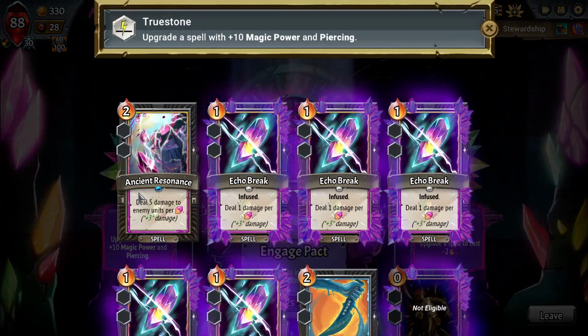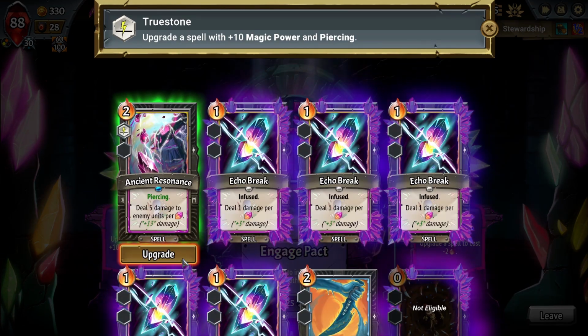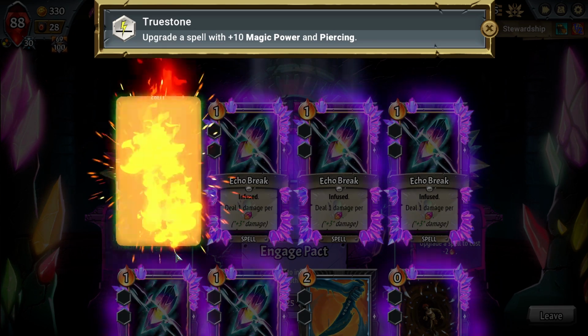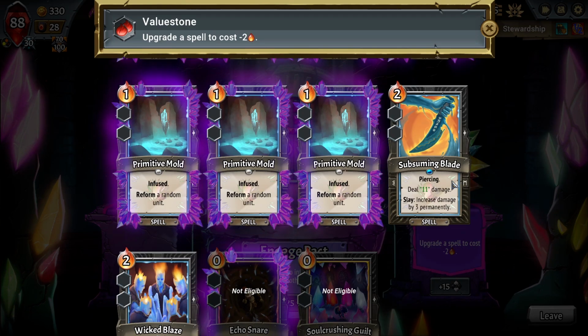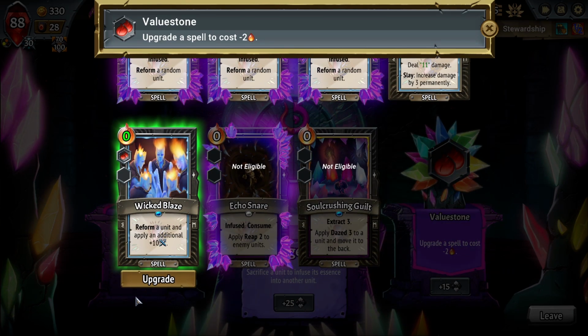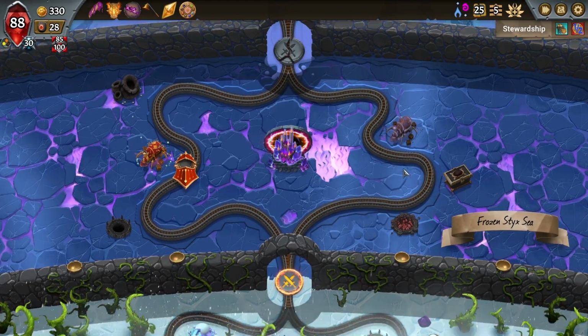+10 magic power and piercing. I gotta admit, Ancient Resonance seems good. We do need to take some more Pact Shards, so I don't mind this at all. We could also make it free, but subsuming Blade being, Wicked Blaze being free, because then if we make it holdover, it's great. And at this point, we will be going